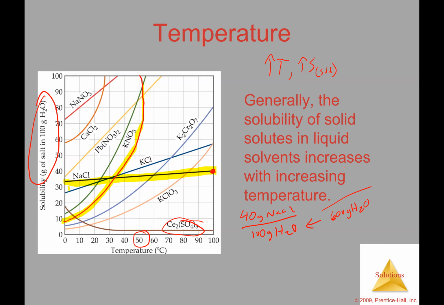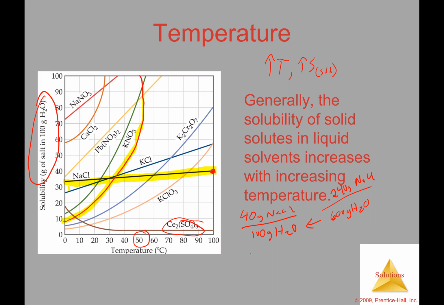So now the difference there is 6 times. So we would do 40 times 6, which means that you could dissolve 240 grams of NaCl for every 600 grams of water. It doesn't change just because you add more water; that doesn't necessarily mean the solubility changes. It just means that you can put a little bit more in because the saturation point is still the 40